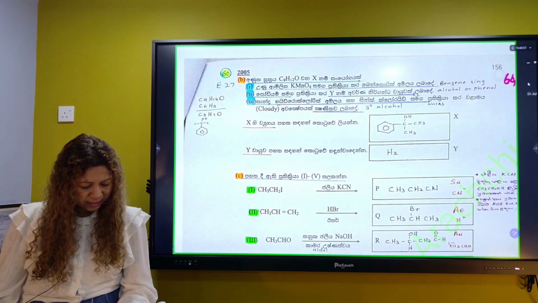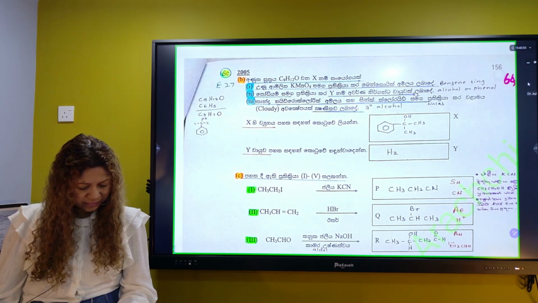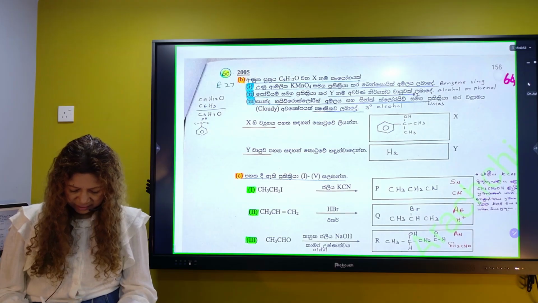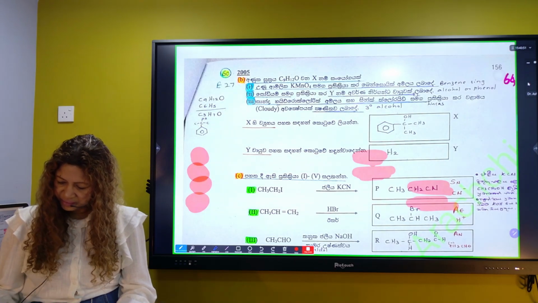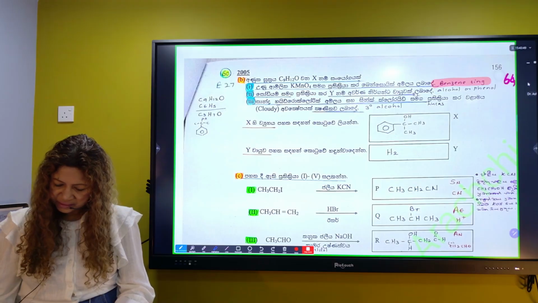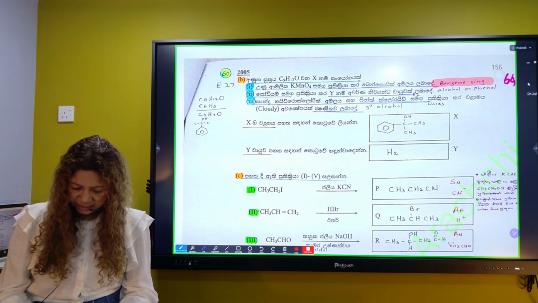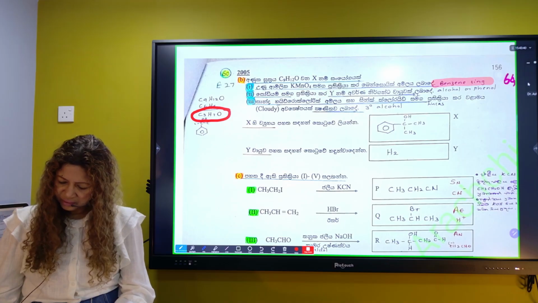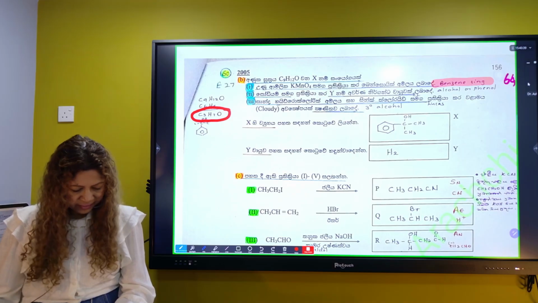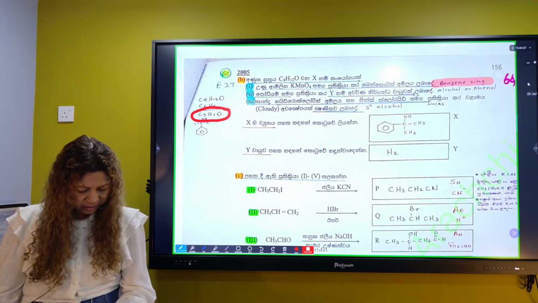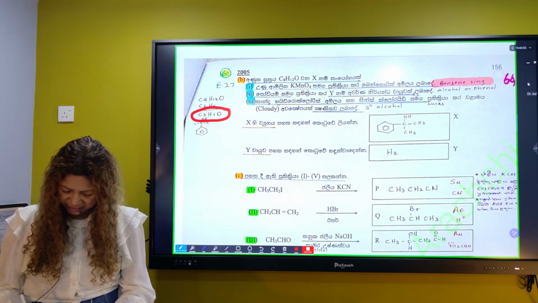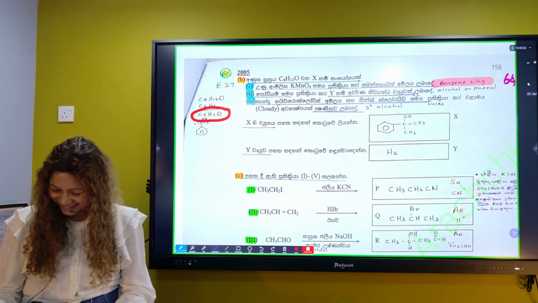With hot acidic KMnO4 benzoic acid. It has a benzene ring. C3H7O. Reacting with sodium, colorless odorless gas,